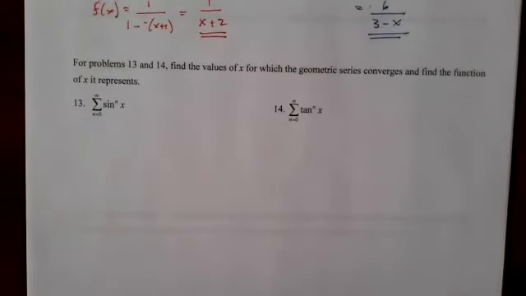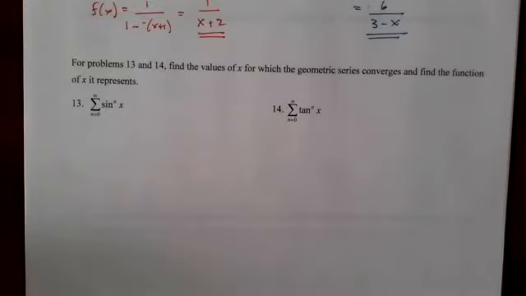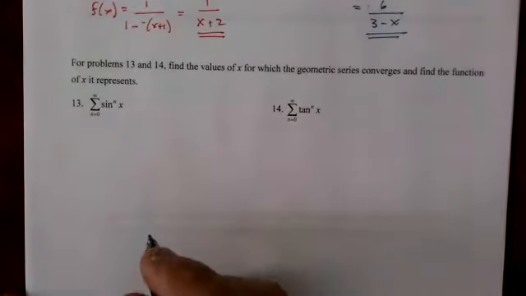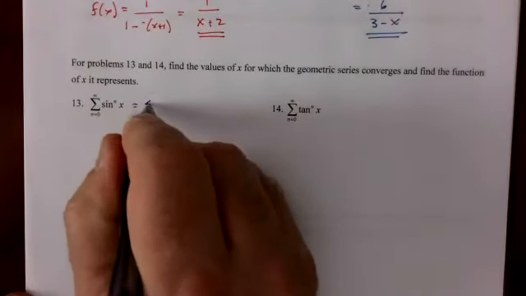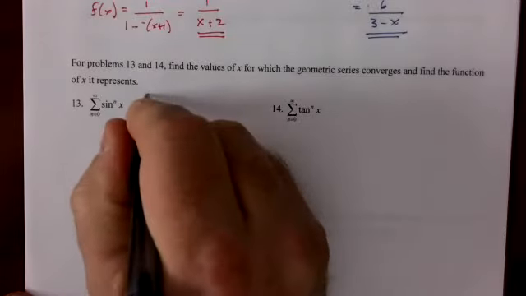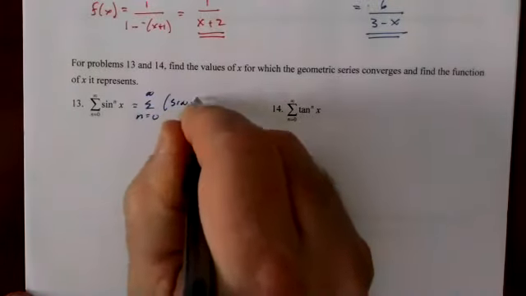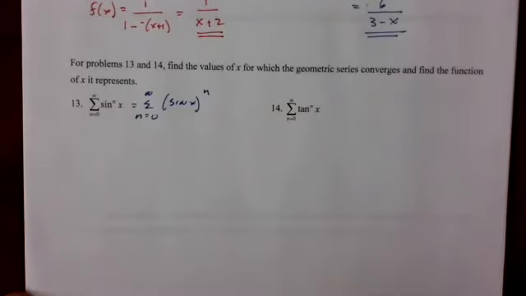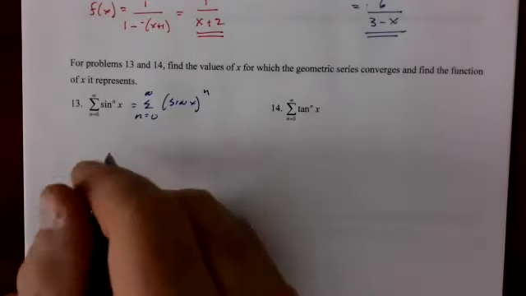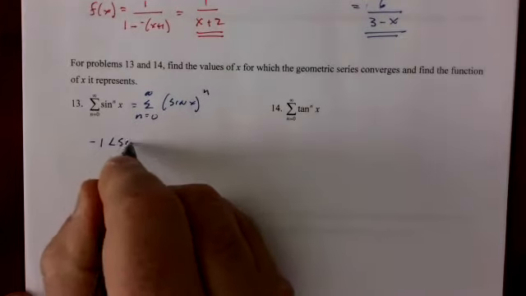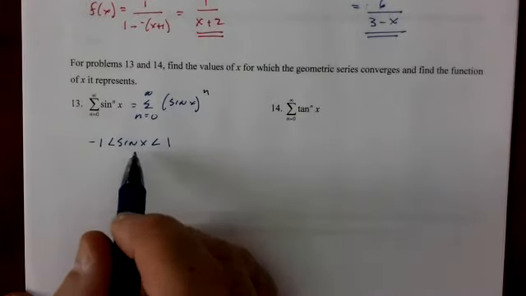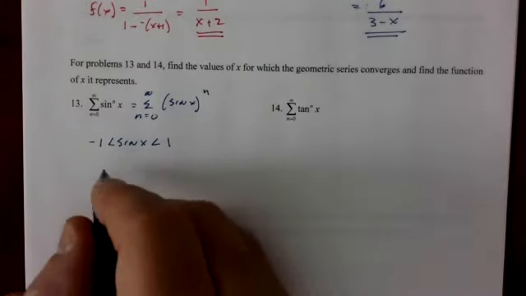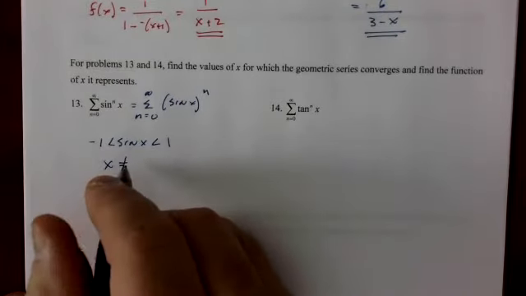Find the values for which the geometric series converges, and find the function of x it represents. So multiplying by sine to the power. All right, so I don't know what's going on here. All I know is that makes that my r value. Cool. So hey, wait a minute. This works for everything except when sine is either 1 or negative 1. So x cannot equal